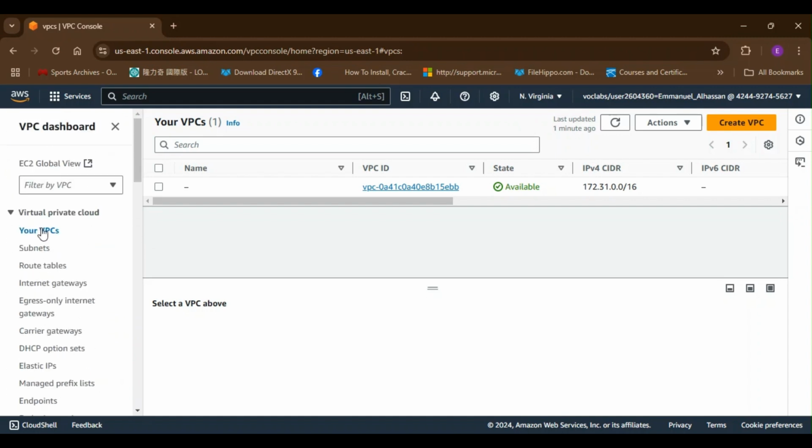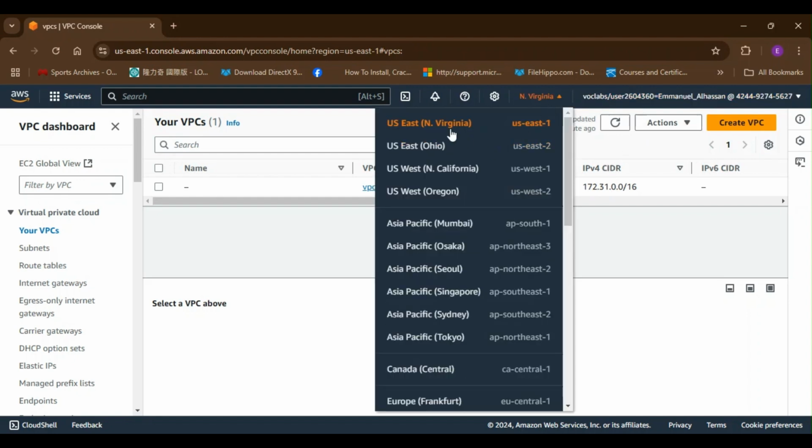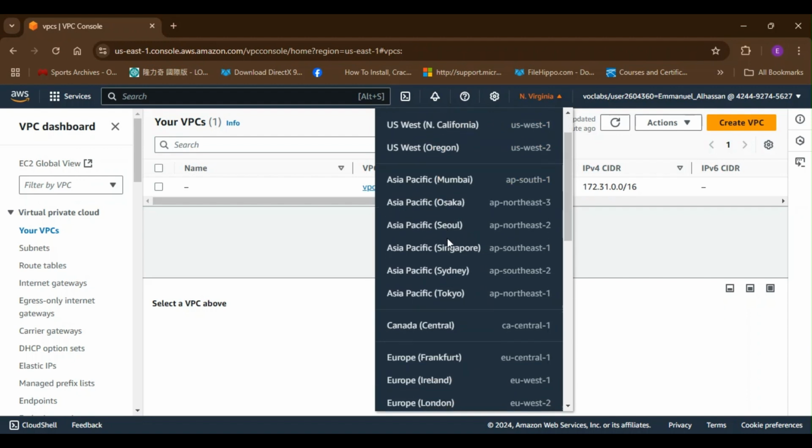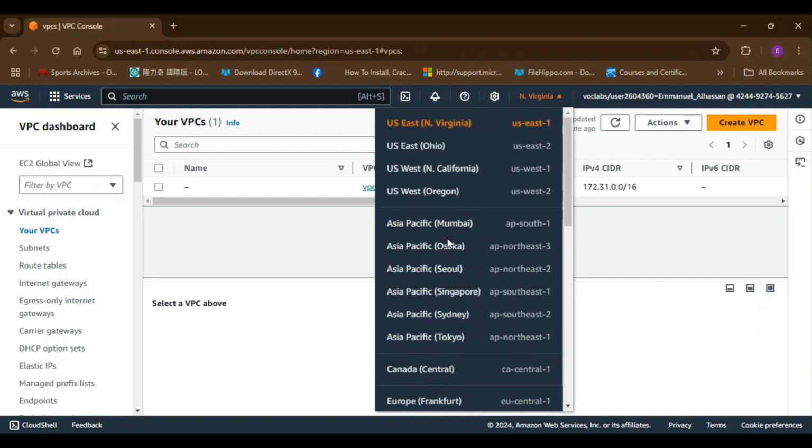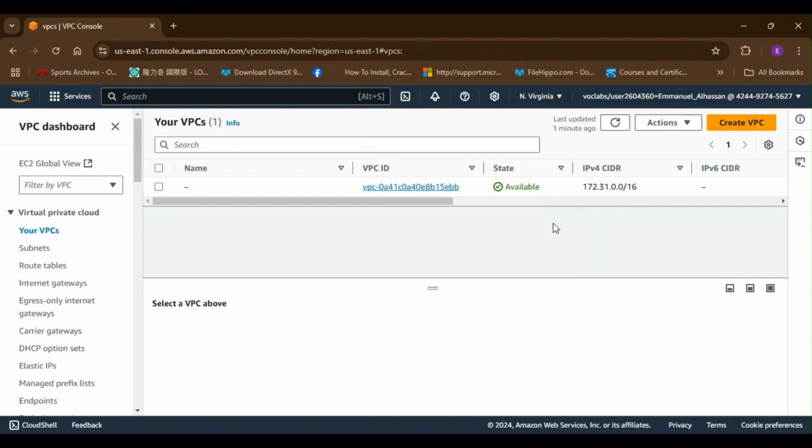I'm going to come over to my VPC. There is a default VPC already created for me by AWS. A VPC can be created in a region. So this is the US East 1 region. I can decide to switch to Ohio. I can decide to switch to North California, Oregon, or in all different continents. I can choose whatever region I want for my VPC. So I'm going to click on create VPC,